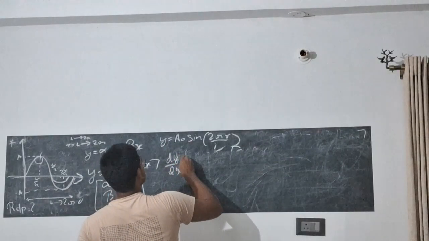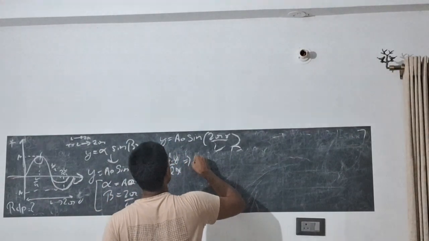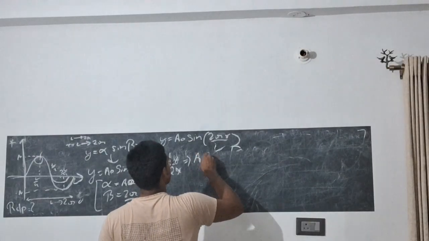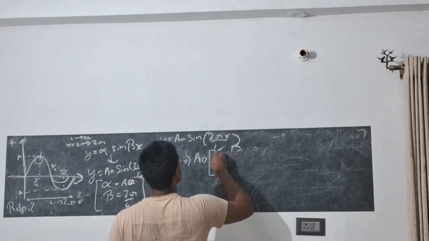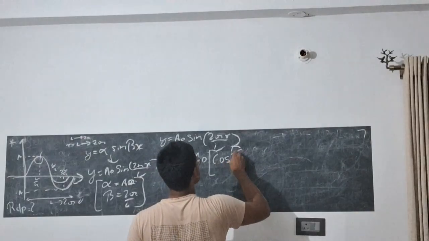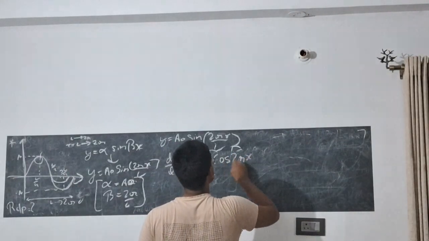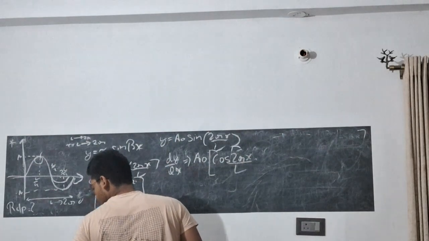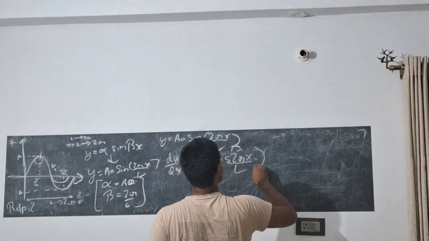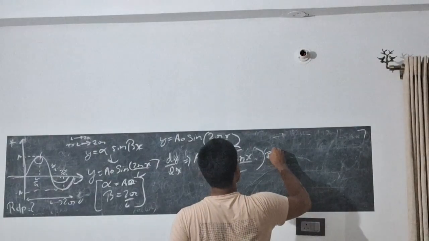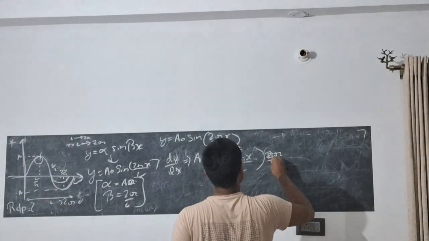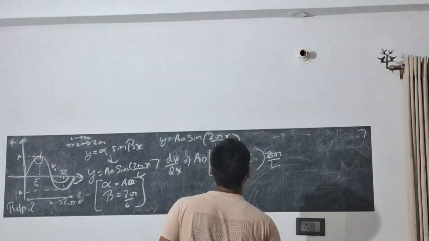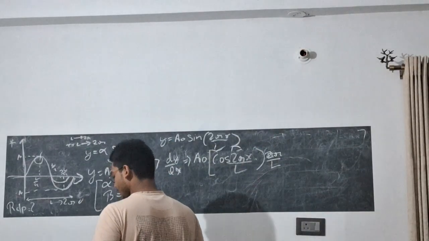dy by dx is equals to, only a naught is there, right? So this would be cos 2 pi x by l, right? Yes, into 2 pi by l, because x को इसको डेरिवेट करेंगे तो बस वो आएगा. Okay,